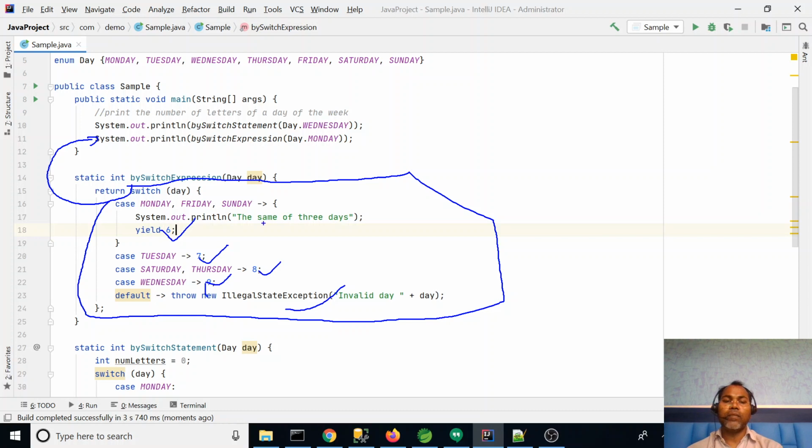If you want to write multiple lines, then you have to use parentheses, start and close. For returning those values, you have to use the yield statement. This takes one argument and returns those values.